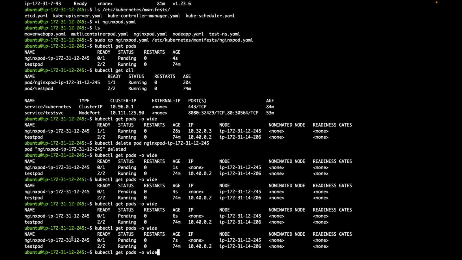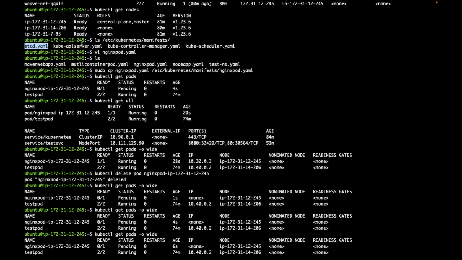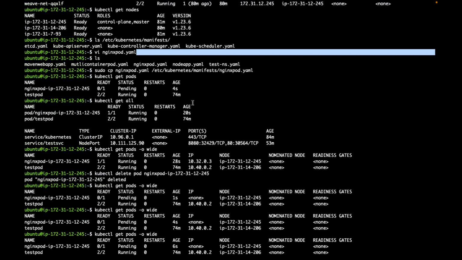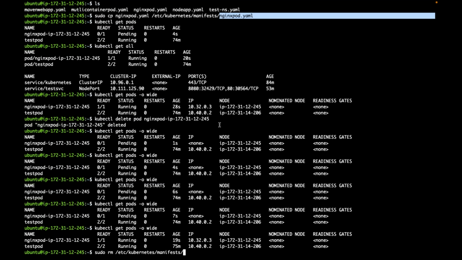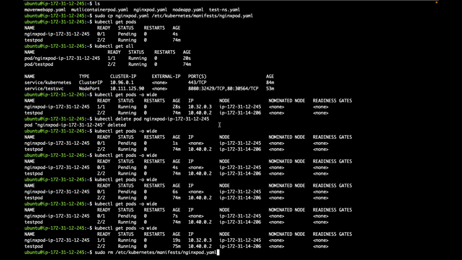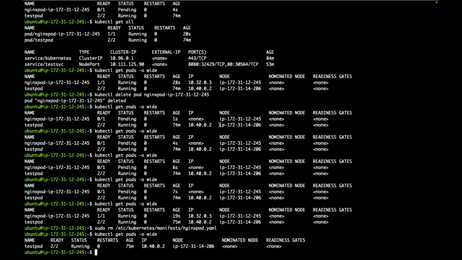Now, if I want to remove that static pod, carefully remove that file, guys. Don't remove any other files. If you remove other files like the etcd file, API server file, controller manager or scheduler, will it impact your cluster? Will your control plane be deleted automatically? So carefully do that. Don't delete all the files unnecessarily. I am just deleting this file, nginx pod.yaml. Now is that static pod deleted? Do I have that static pod now?